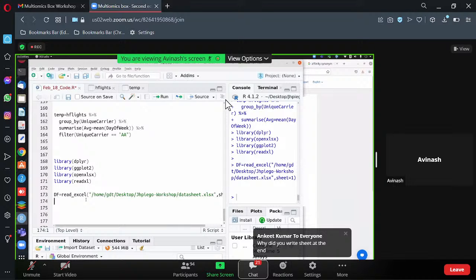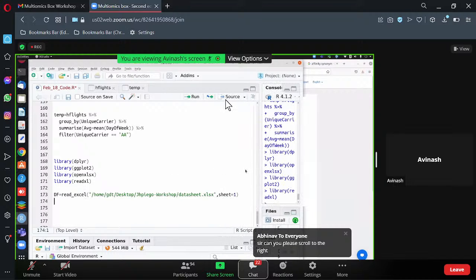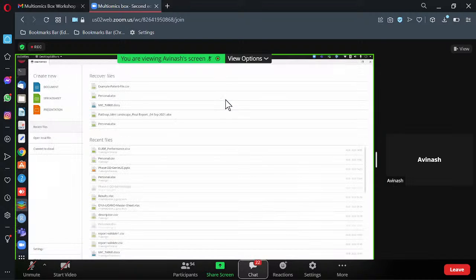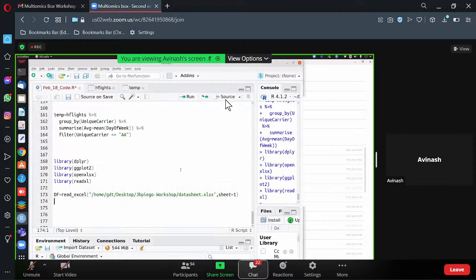And once this command is done, I just said, Ankit, that your Excel file may have multiple sheets, like sheet 1, sheet 2. You know that Excel file, right? In an Excel file, you can have multiple sheets. I don't want to open any file right now, but like sheet 1 and sheet 2, you can rename also. Yes. So sheet equal to 1 means it is reading the first sheet,